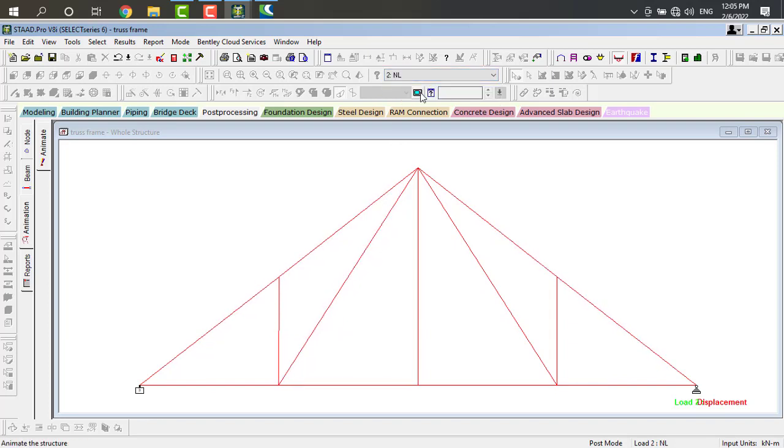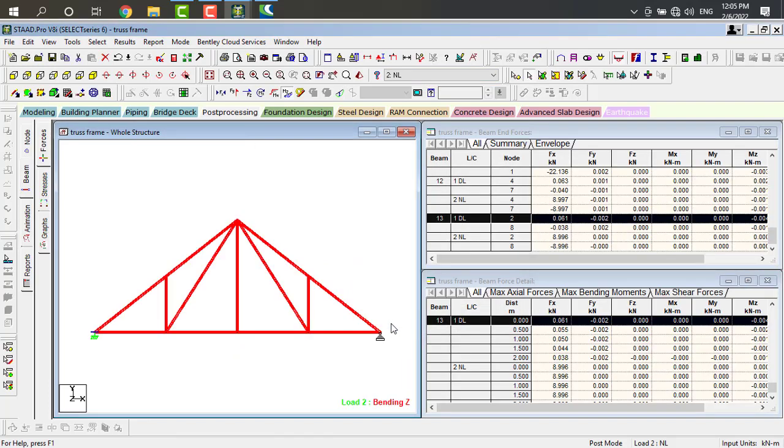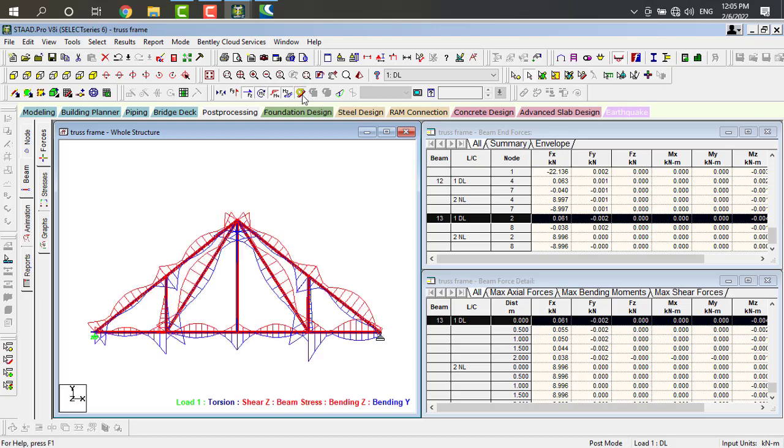There is no deflection for dead load and node loads. Okay, here it will act like this. Deflection.